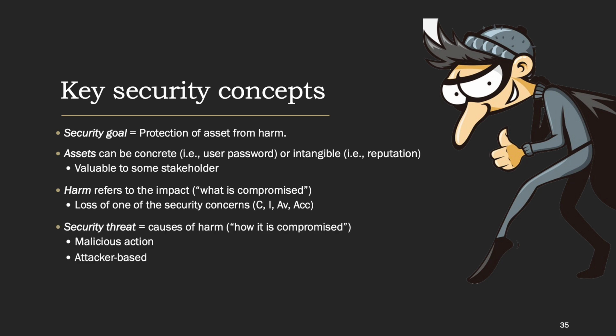Finally, a security threat is the thing that causes harm. This is basically the secret plan of the attacker, so to speak, where he or she develops a way to compromise the security concern of an asset. Usually we can describe security threats with scenarios where several actions lead to a compromise. The key thing here is that threats are intentional and malicious. So this is not the same as having a software fault, which could also be an arbitrary event. We are talking about attackers that are human or inhuman, but they have certain motivation and means to cause an accident.